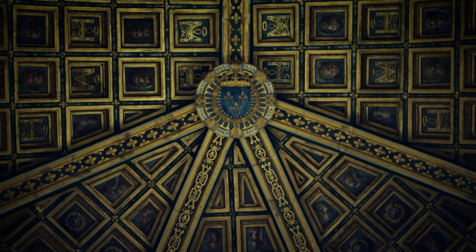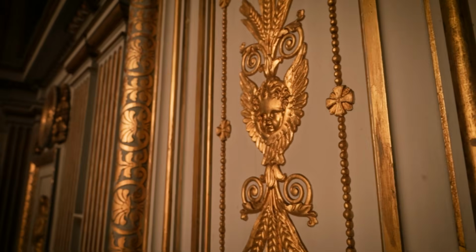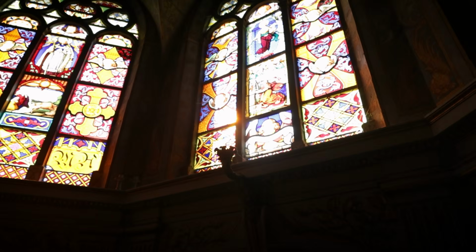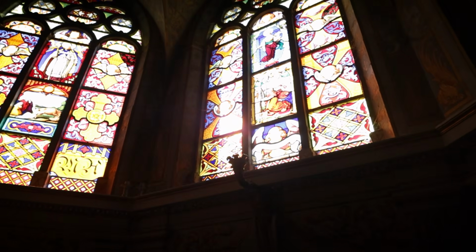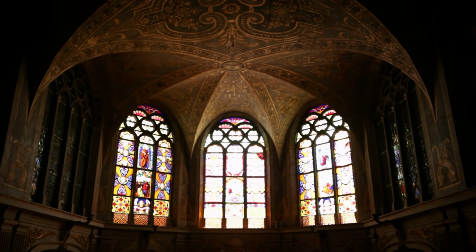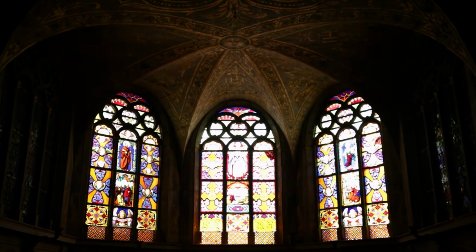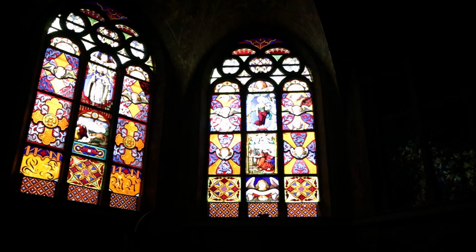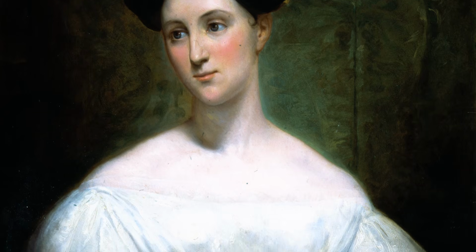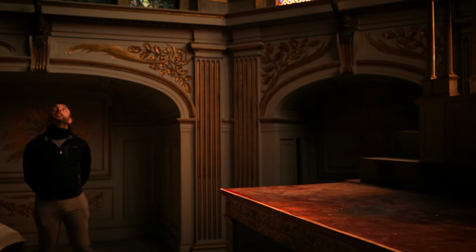Where the upper chapel speaks the language of royal authority, this space does something quieter, letting the light change the mood, and this shift is not accidental. During the reign of Louis-Philippe, this chapel was restored and large stained glass windows were installed as part of those works. These windows were made at the Sèvres manufacture, based on drawings by Princess Marie, Louis-Philippe's daughter, and executed by